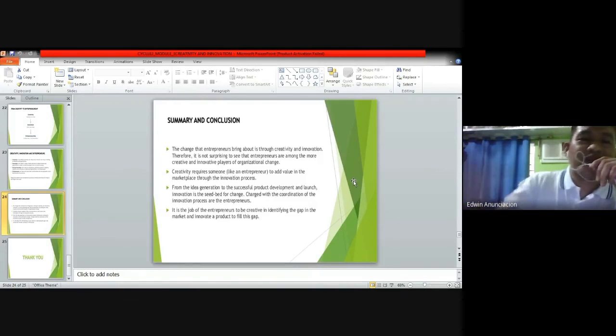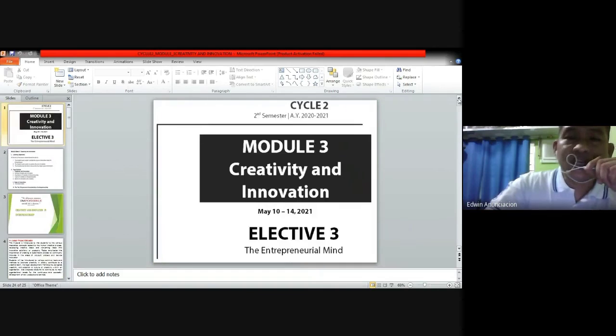ngayon po ano ba yung pinaka-qualities ng isang entrepreneur? Okay, para mag-succeed ang business, to deal with the unsatiable, okay, unsatiable needs and wants of people, yung kanilang satisfaction is temporary. Ayan po, you need to be creative and innovative. So that's why po, no, I think there are only two modules left before we will start crafting our business plan. And I know you are all creative and innovative people.